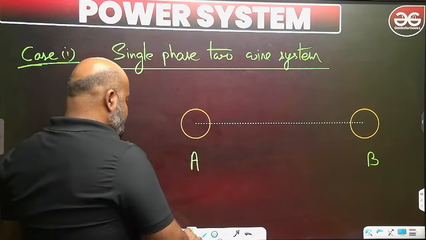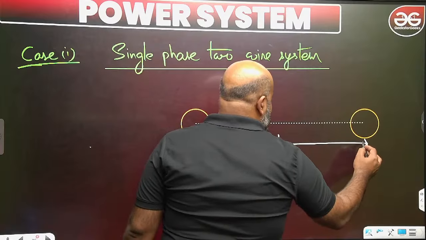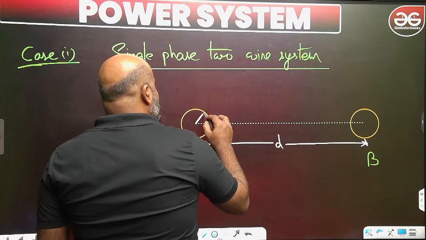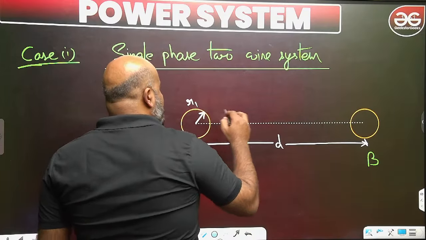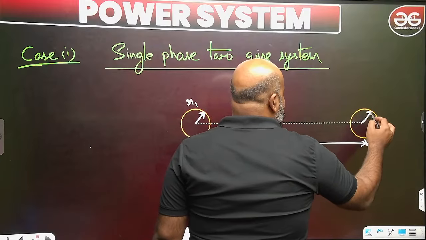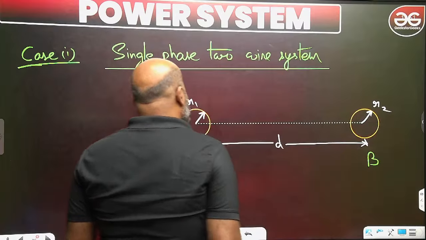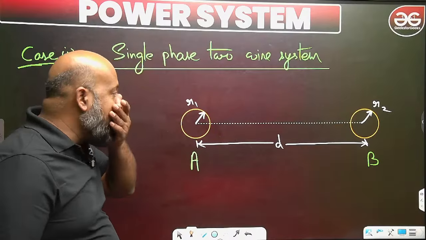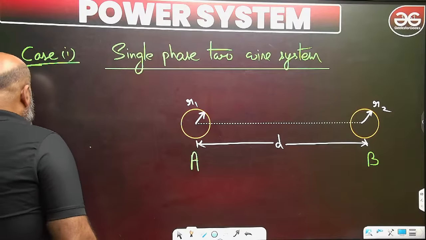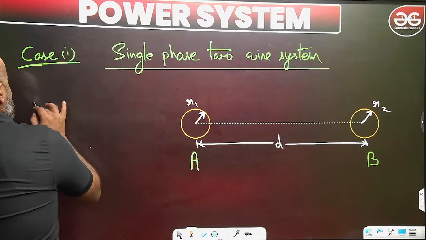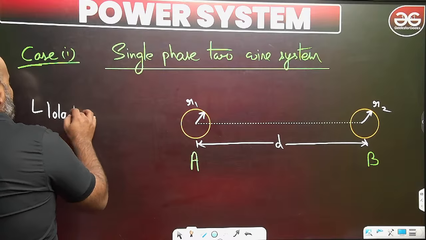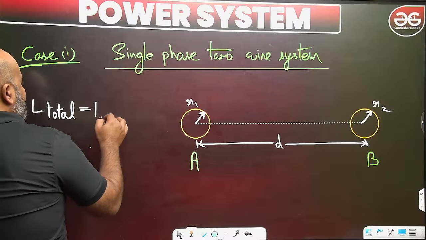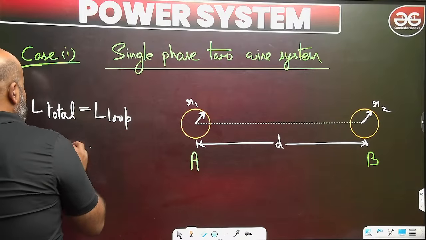Suppose the distance between them is like this. Center to center distance is d. Suppose their radius is also given. So this is r1 and this is r2, or simply r you can say. Okay. So if I talk about the inductance, the total inductance, or we also call it loop inductance, this is